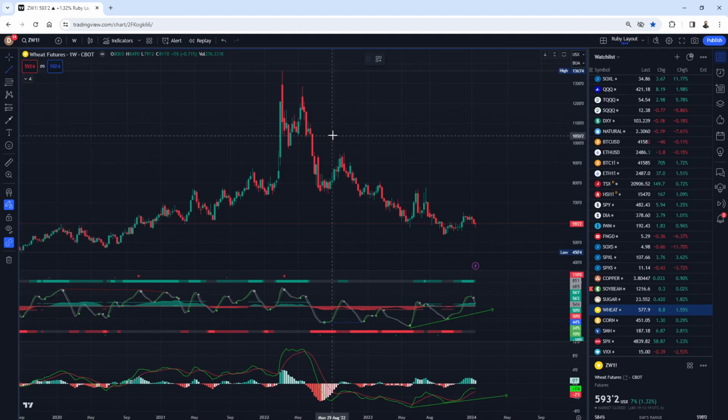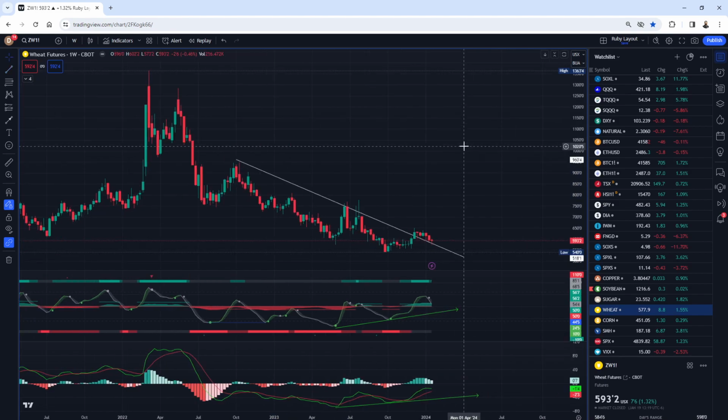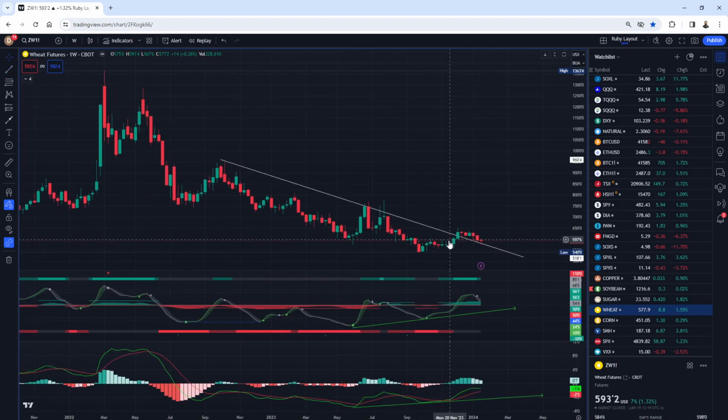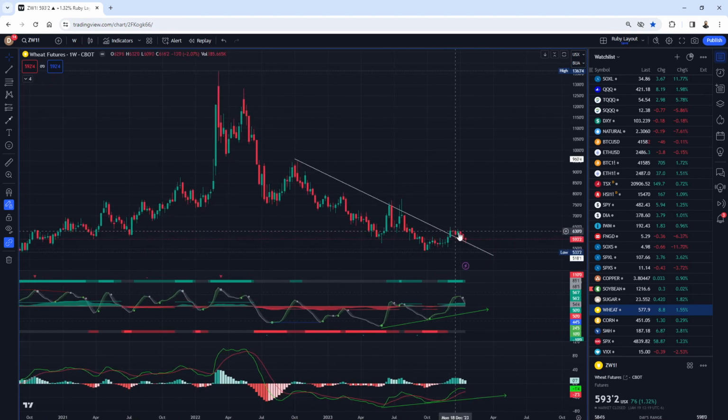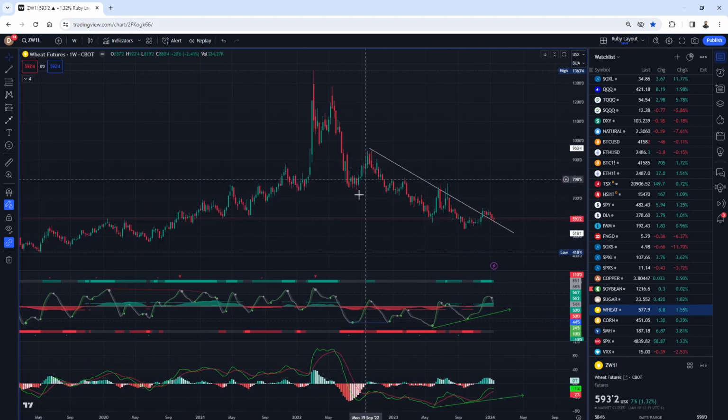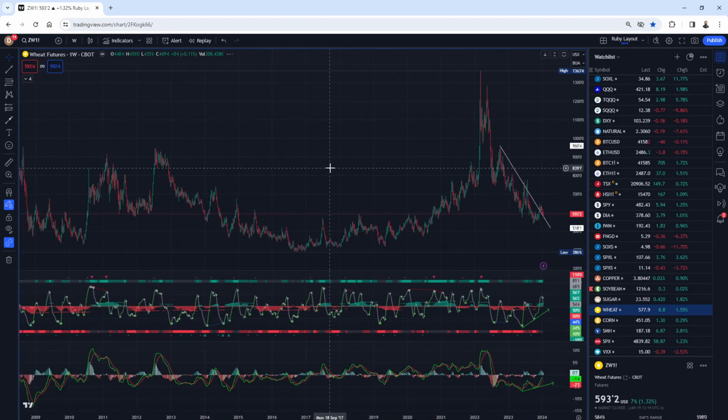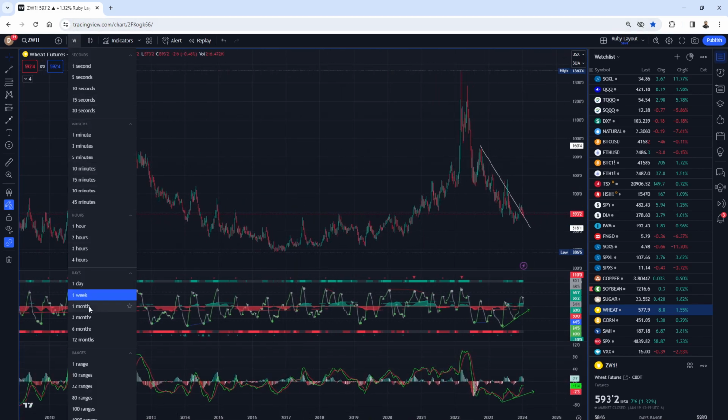So the way you trade this is you draw a trend line, something like this, okay. If you draw something like this, you can see what's happening right now. All right, you can see we had a breakout, and we are just back testing right now on a weekly basis, okay. And from a support point of view, if I zoom out, maybe we can go even one level higher